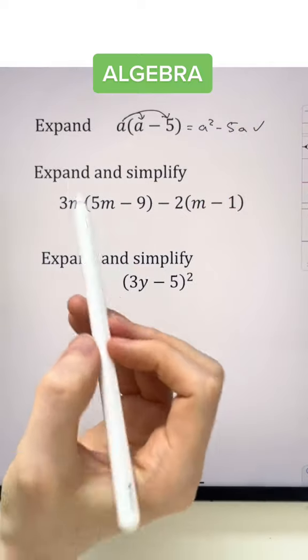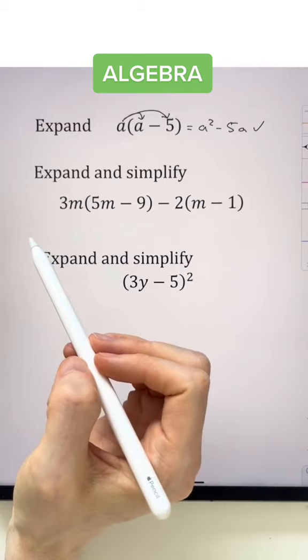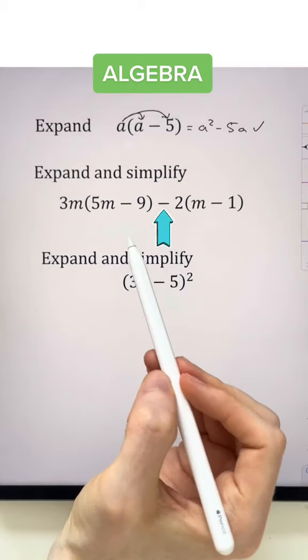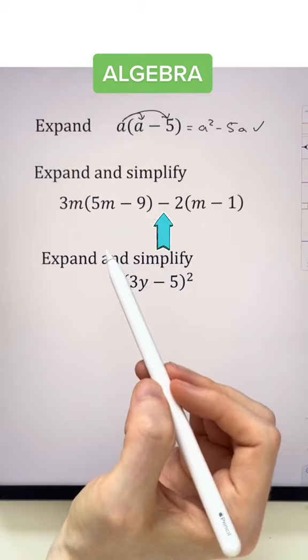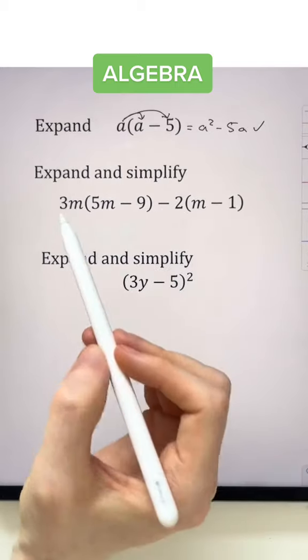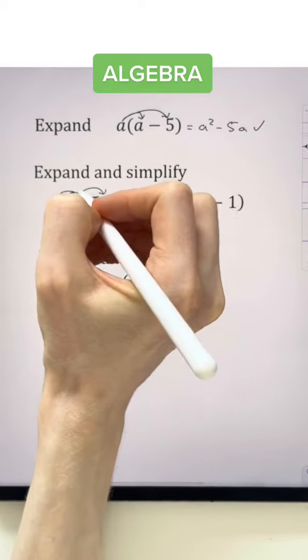For question 2, here we're asked to expand and simplify. We know expand means to multiply out, i.e. to remove our brackets. If we see a plus or a minus in between brackets, we know they're separate. So in this case, I've got 2 single brackets. Just like before, when expanding single brackets, I multiply the term directly outside a single bracket by each term directly